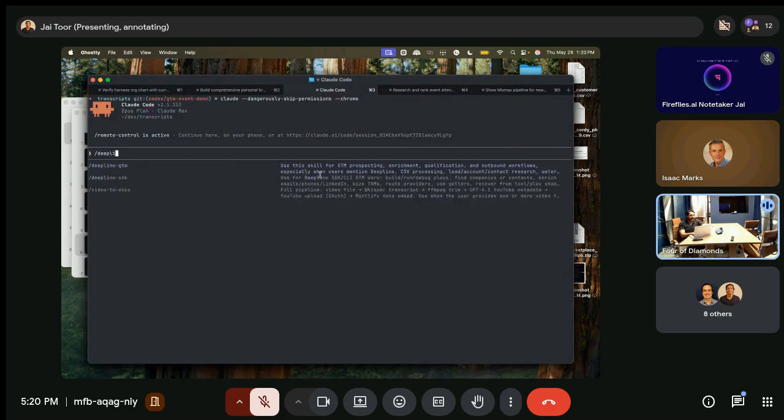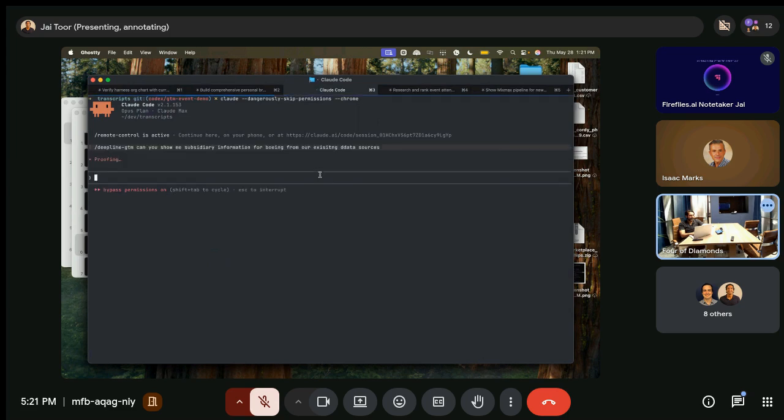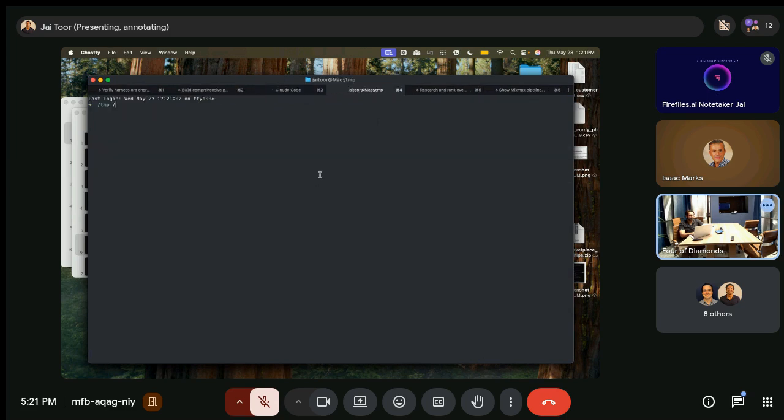Think Deepline GTM. Can you show me subsidiary information for Boeing from our existing data sources and use last 30 days. I'll do this in 2 steps.